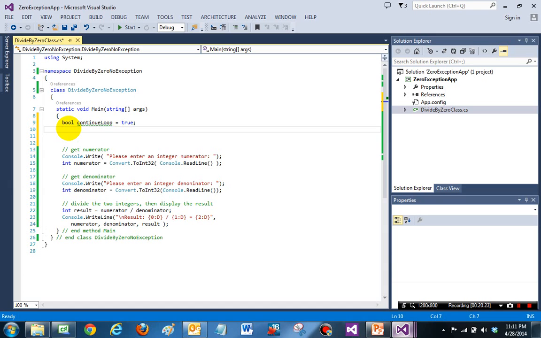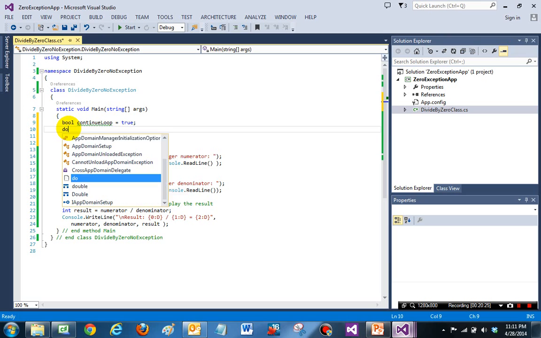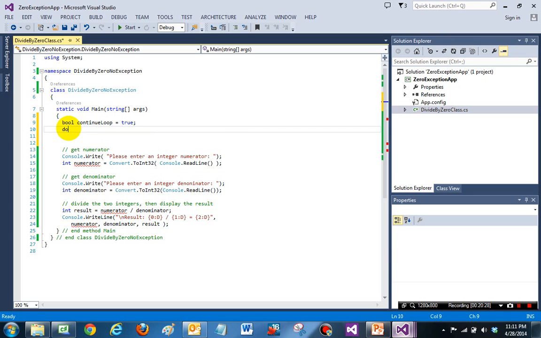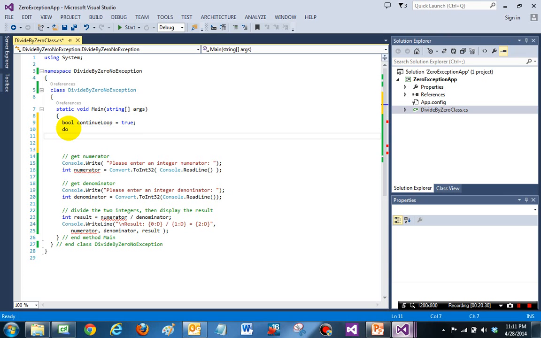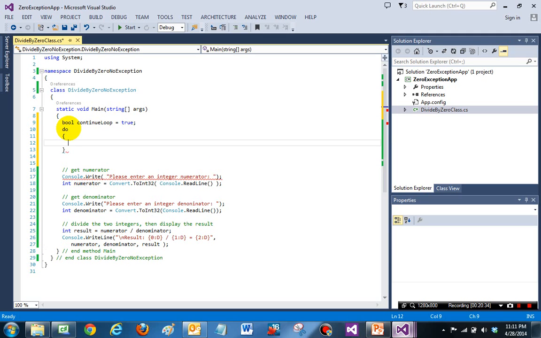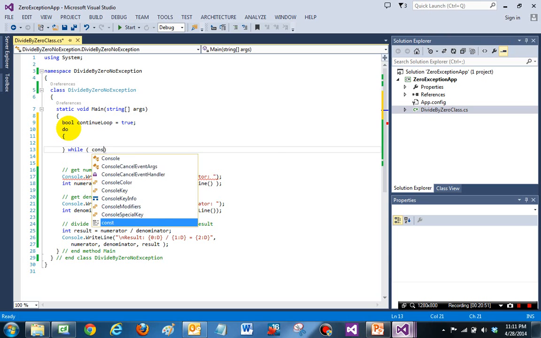So it's true initially, and we exit from the loop only when it turns false. So here is the body of the loop, the do part, and then the try and catch blocks follow, and then at the end of it comes the while part, and while continue